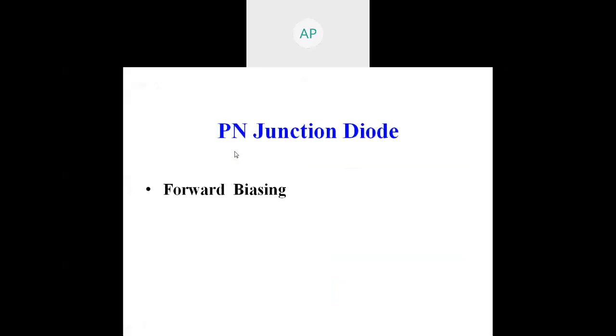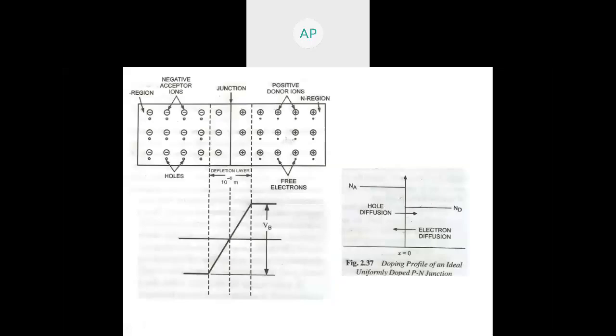Now, what is a PN junction diode? A PN junction diode can be used as forward bias or as reverse bias. What is meant by forward bias? If we do not apply any external voltage, then it has no bias. In this no bias situation, there will be